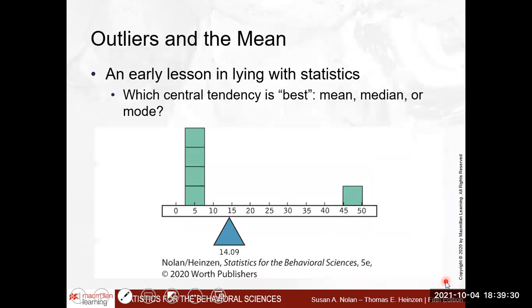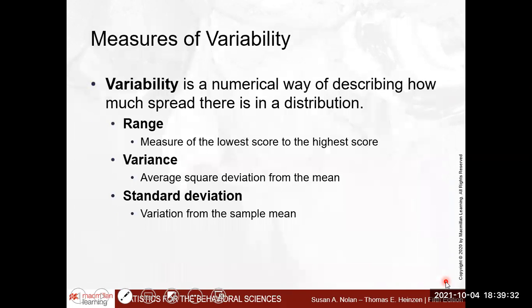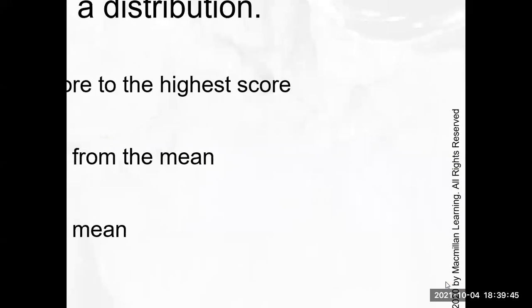Carry on. Okay. When you're characterizing the central tendency, you also need to characterize the variability. So think of the normal distribution again. We have the bell curve, we have this one mode, and we have a symmetric